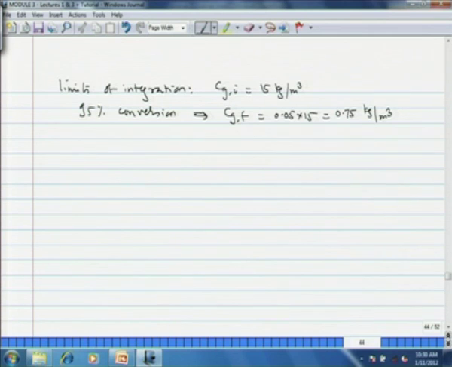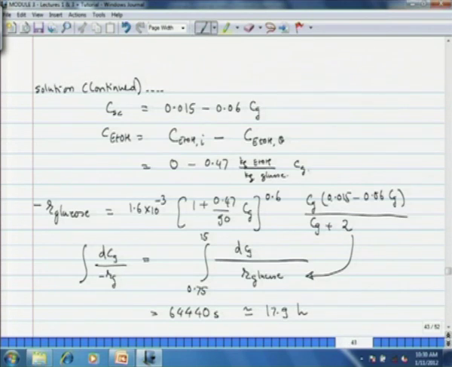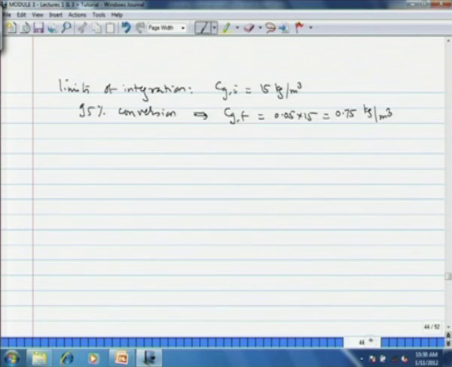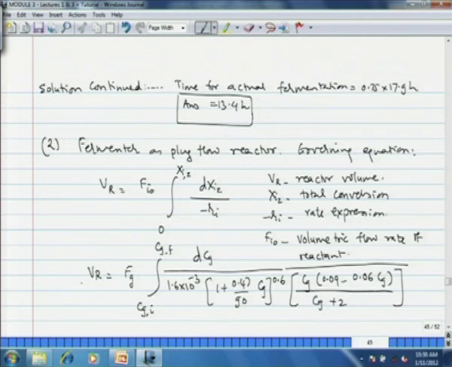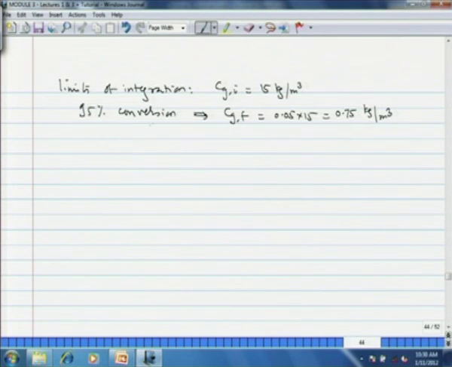So again you can perform the integration using any basic software. This particular integral you can perform using any basic software, and then you can find the answer as 0.5 the volume of PFR. Remember that we have been given the volume of PFR in this case, we have to find out the